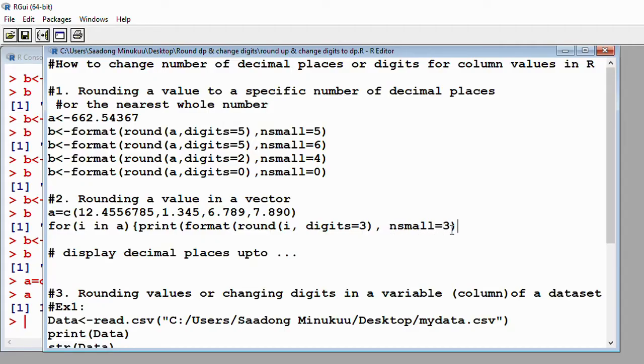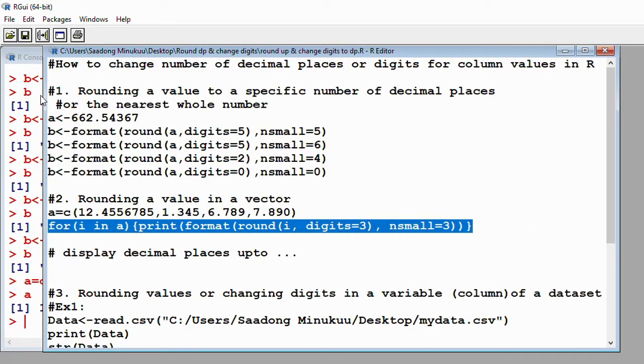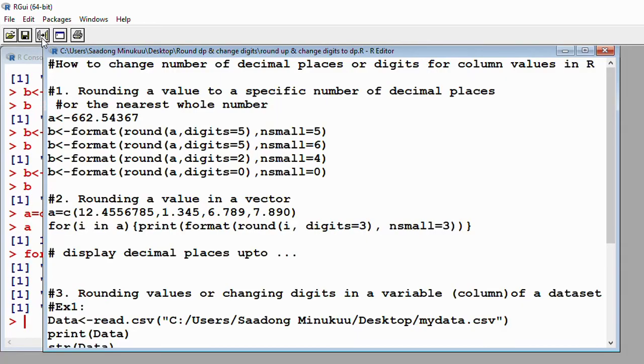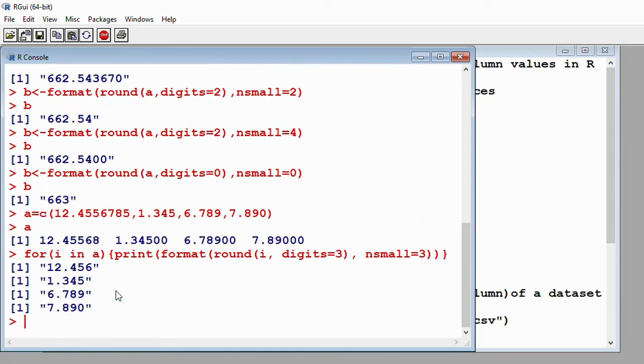Yes, format is well closed, but print needs to be closed, so we need to add another bracket, and then we close the curly bracket. And if I run this, now see what happens. So you see that all our 4 figures within this vector have been presented in